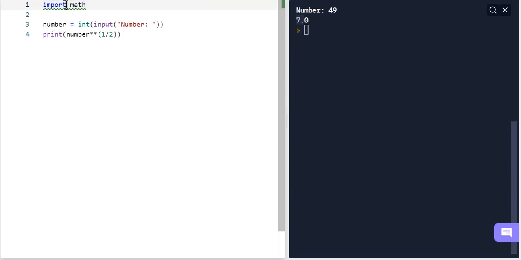So the way that this works is that import means that there's a Python file or module called math, and I want to add that math module into my program so that it gives me access to more functions of this module of math. So now if I import math, it's going to give me access to the functions of math. And there's a square root function as part of math. So instead of having this exponentiation operator with 2 asterisks, I could just get rid of this to the power of 1/2. And then what I need to do is get rid of this number as